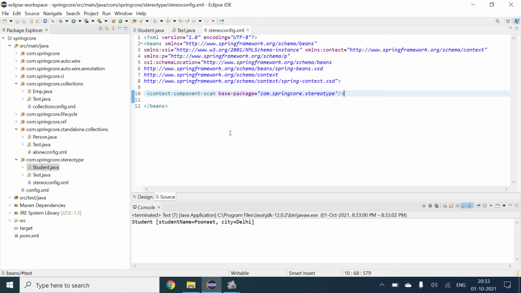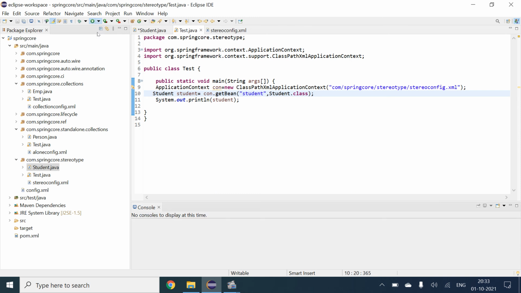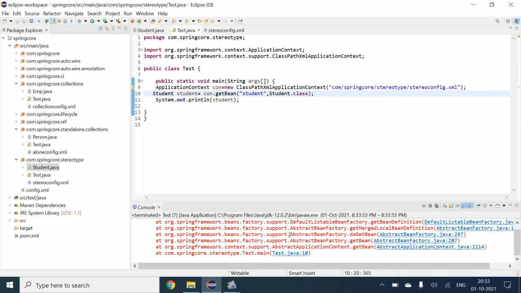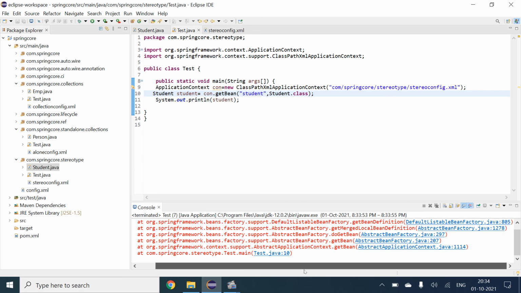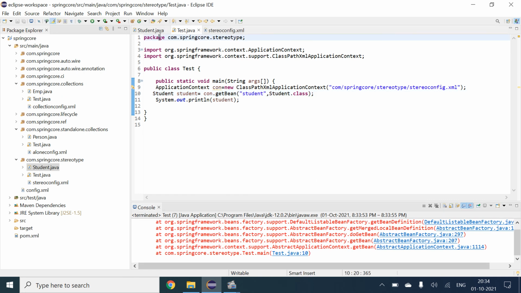So what if we give something as the input in the component and run the program? It will not work, it will give an error: no bean named student. So what if we delete that?